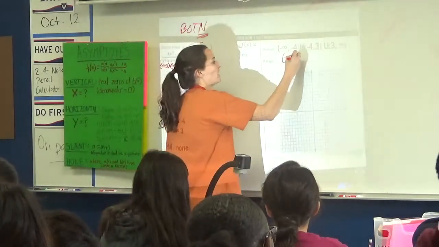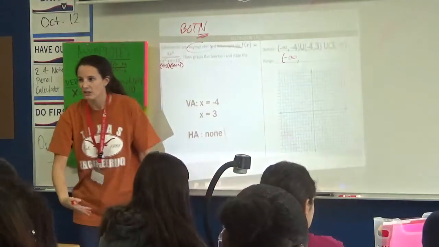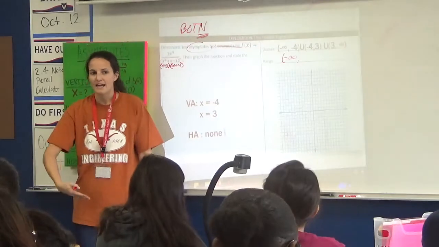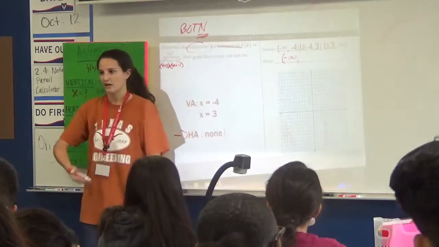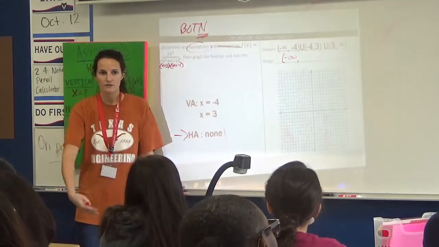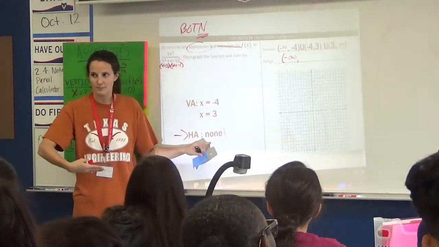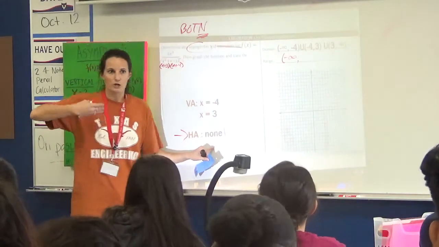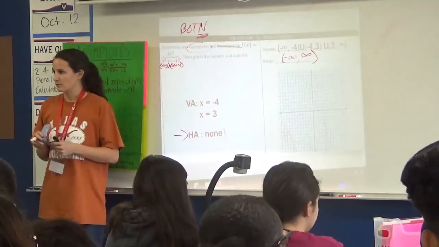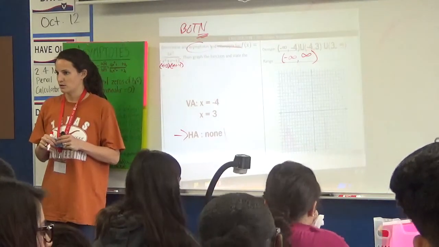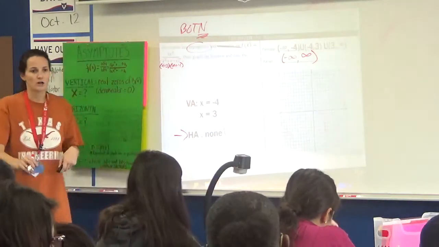We can start at negative infinity, but that's now thinking of like the bottom, and you're thinking, am I ever going to hit a y value, which is a horizontal asymptote that I have to stop at? You start at negative infinity, are we ever going to have to stop at any values? So we're going to go all the way up to positive infinity. That would be all real numbers for your range. Okay?